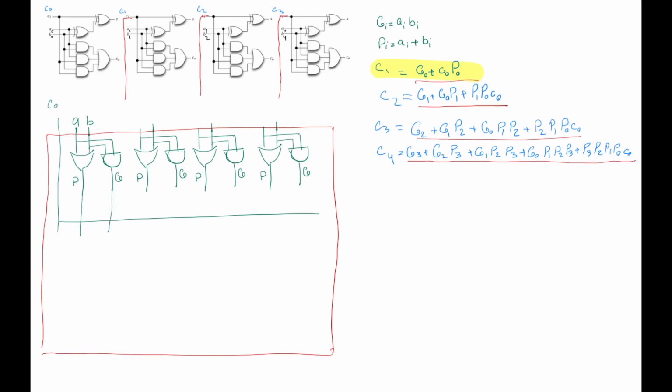I'm going to take this C0, compute its AND with P0, and then compute the OR of that with your G0, and you have calculated C1. The end of the story. There is nothing else you need for C1. That was quite easy. Now C2 is going to be slightly